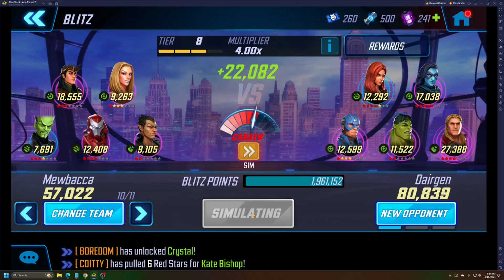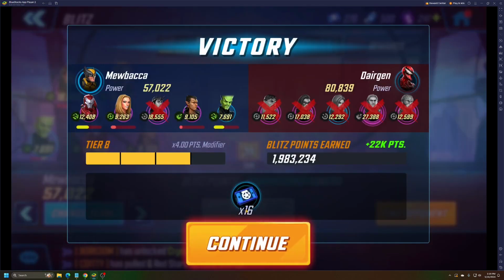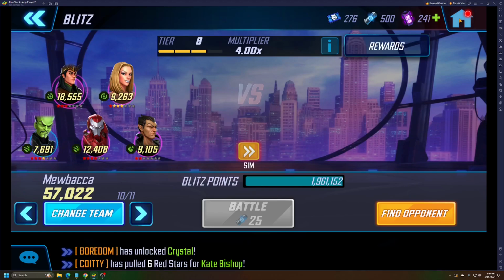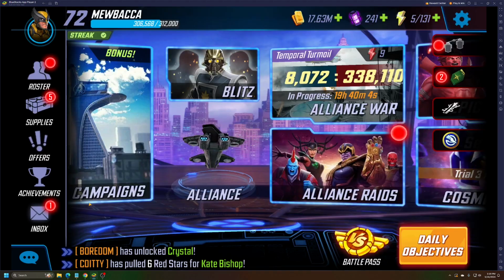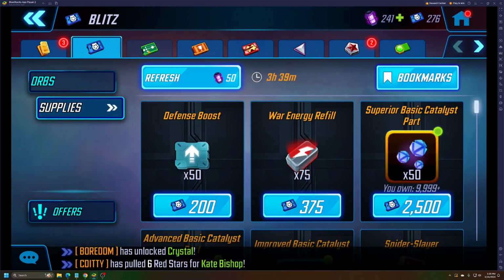We're not going to win this one, but let's do it anyway. Oh, we did. So we got 16 Blitz orb fragments for that. So with blitzing, you get out of it what you put into it, and you have the chance to gain a lot of Blitz credits during the course of a day. The Raid store